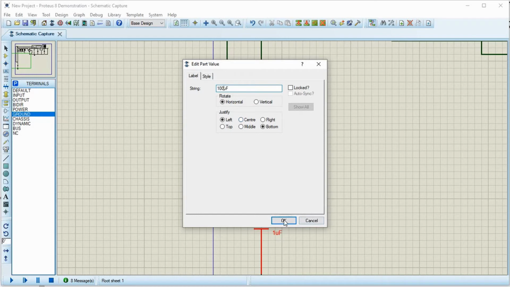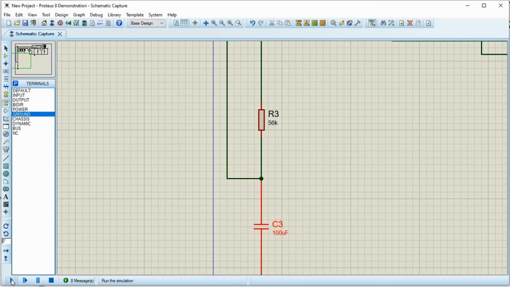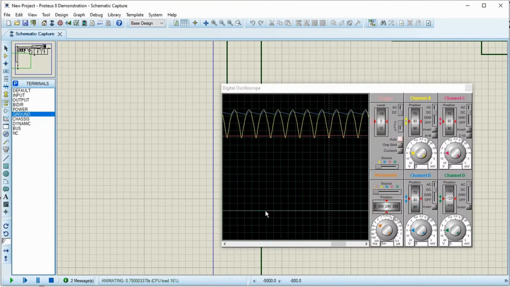So what happens is this capacitor will take a long time for the voltage to build up. You can see it in the simulation. See, the capacitor is building up slowly. So basically what will happen is your sensing has become slow. So the voltage rise in the sensing circuit has become slow.